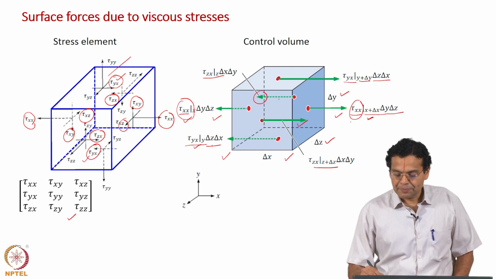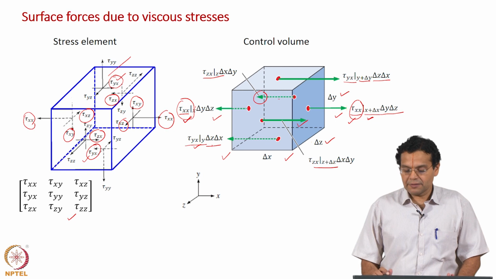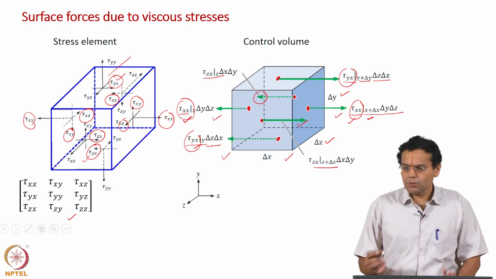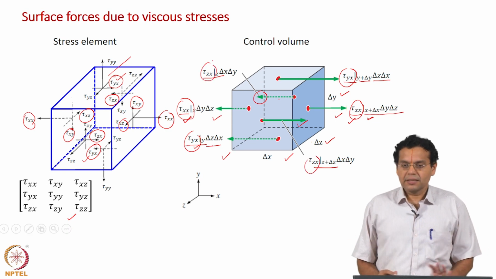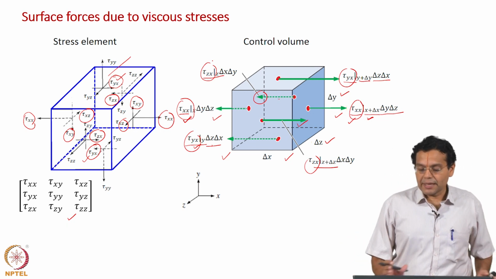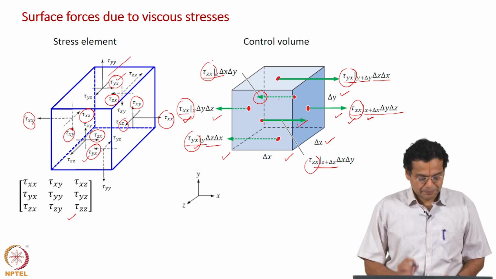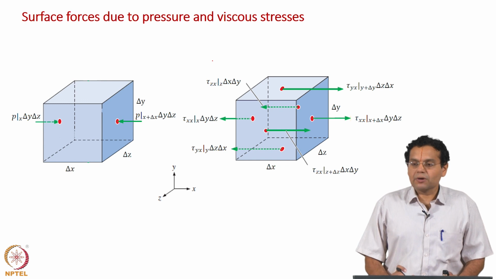So, of course tau xx represents the normal stresses with spatial variation, and tau yx represents the one shear stress, and tau zx represents the other shear stress. Okay. So, all forces are shown acting along the x axis and on 3 different planes. Okay. So, let us put together what I discussed in the previous 2 slides.